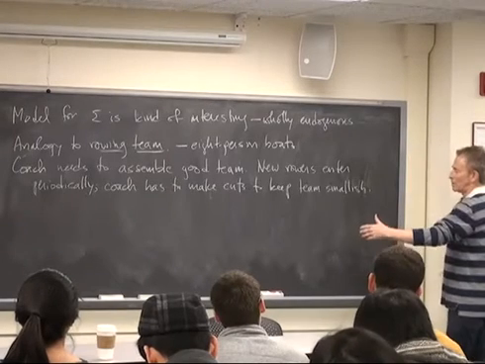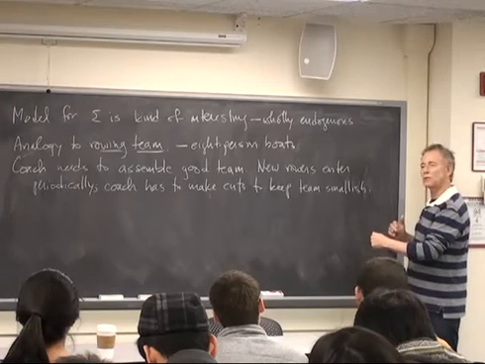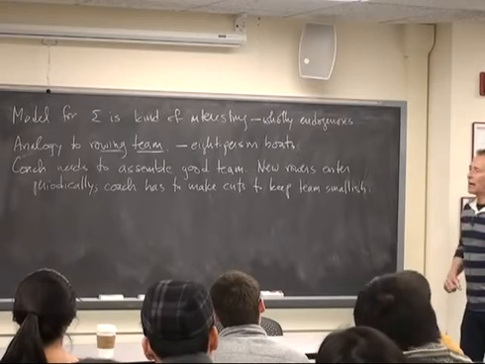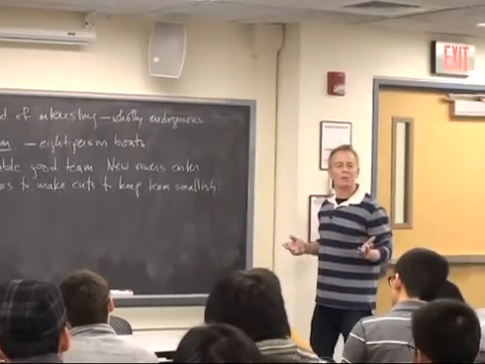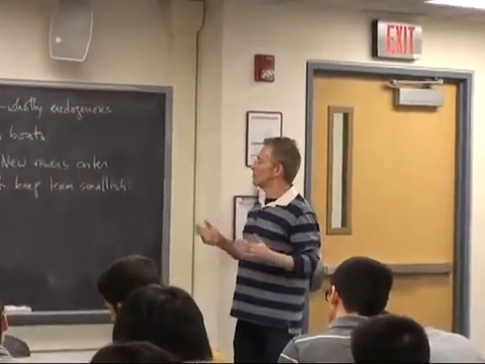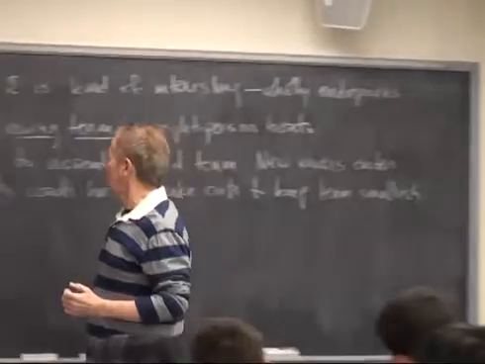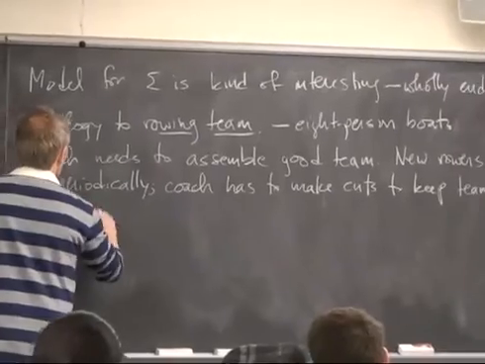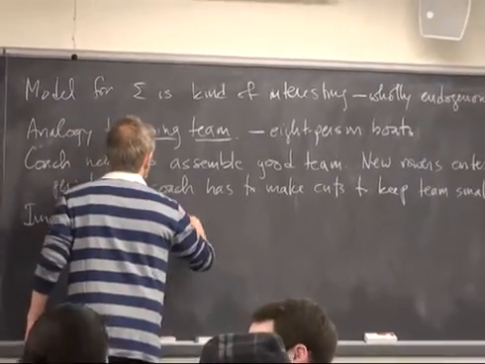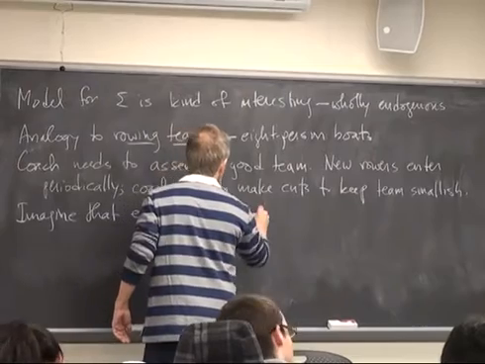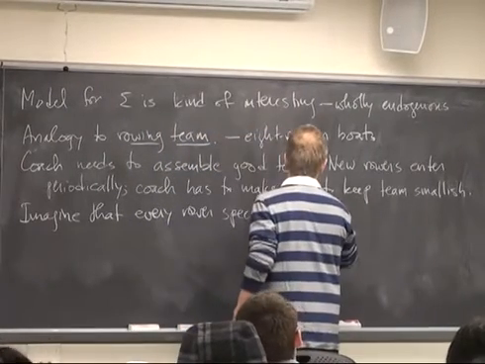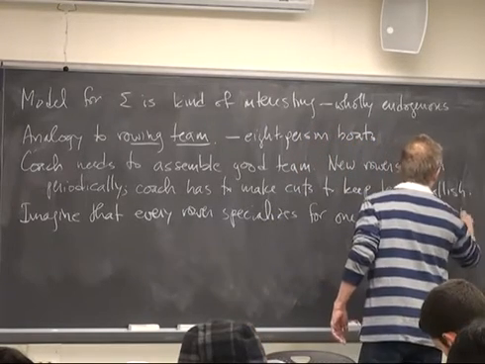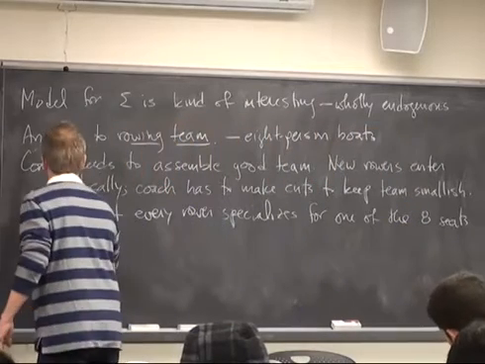And the one bringing up the rear, at the other end from the coxswain, is called the bow, because that's the direction the boat is going. Remember, you're all facing backwards and the boat's going this way. There's bow, 2, 3, 4. Those guys don't really have to be very strong. They don't have to be super rhythmic like the stroke. But anyway, the point is that each seat in the boat has candidates for that seat, specialists. So imagine that every rower specializes for one of the 8 seats in the boat, bow through stroke.